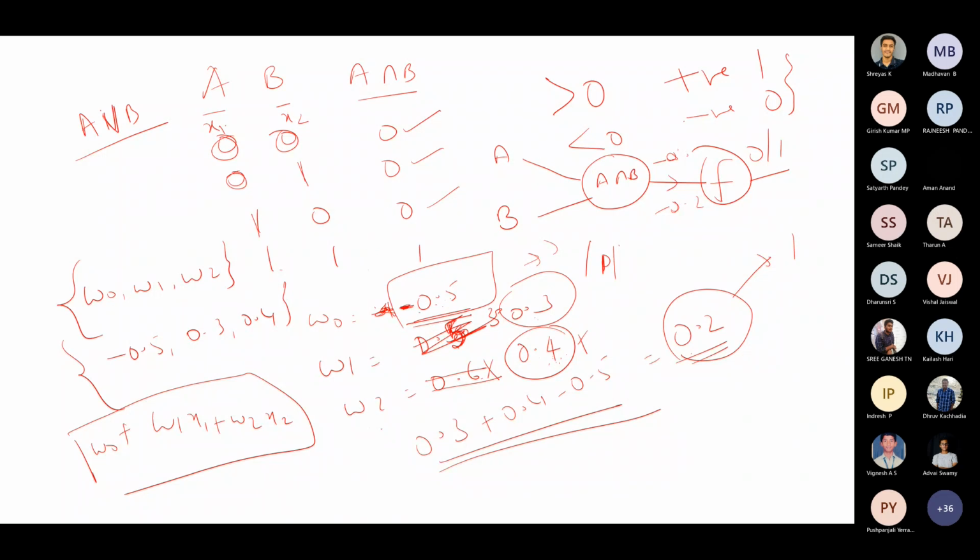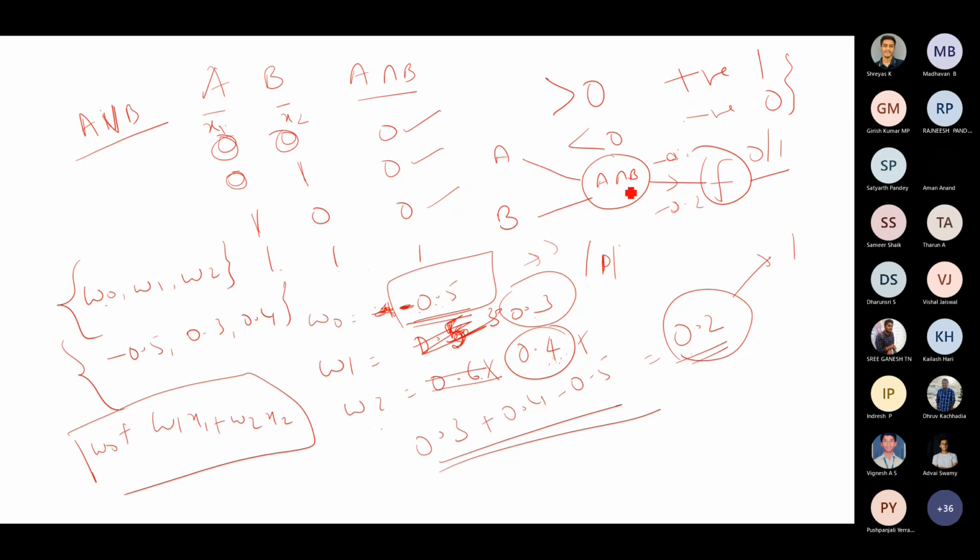Now what you should do is assign random weights. So you have three weights W0, W1 and W2. You know X0 is 1. X1, X2 will be either 0,0 or 0,1 or 1,0 or 1,1. And then you can try to do it. So you assign random weights to start with. It should work for all the cases. If it is not working for all the cases, you have to revise the weights and then do it for all the cases again. So what happens is, this is your input.